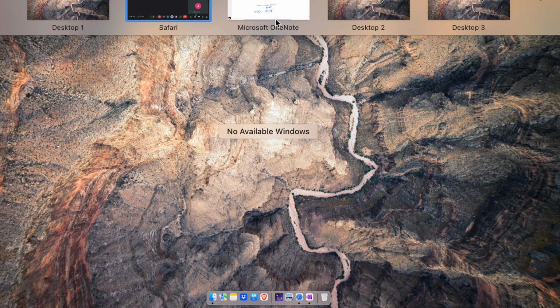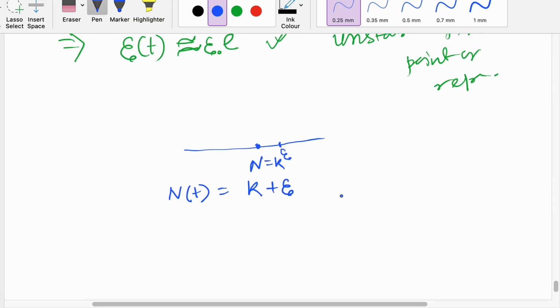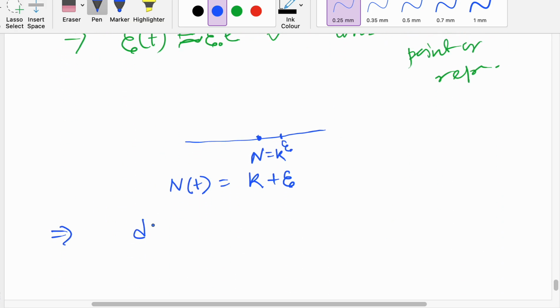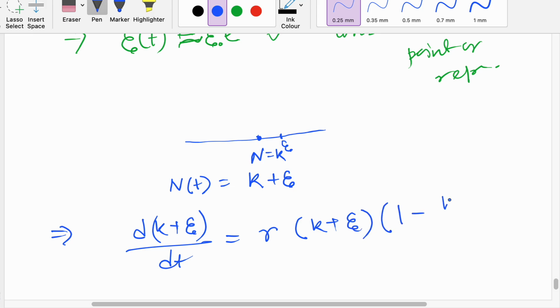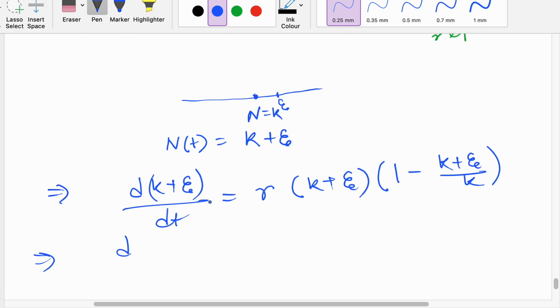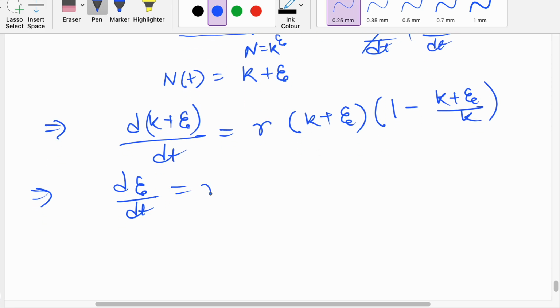Right, so N(t) is this. If I put this N value into this equation, it will look like d(K plus epsilon)/dt equals r(K plus epsilon)(1 minus (K plus epsilon)/K). Now, since K will not change with time, dK/dt will become 0, so this is d epsilon/dt equals r,